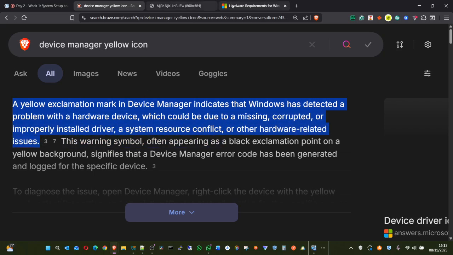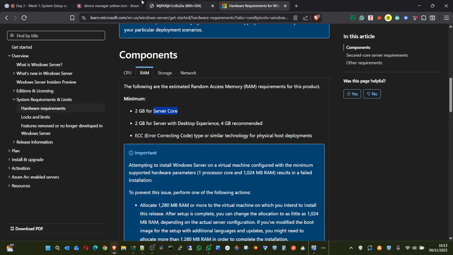All right. So let's look at what it looks like.